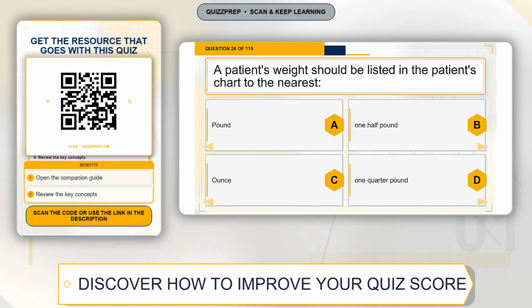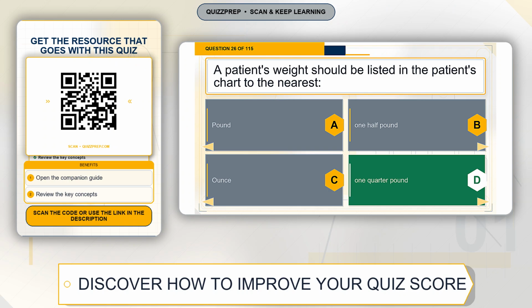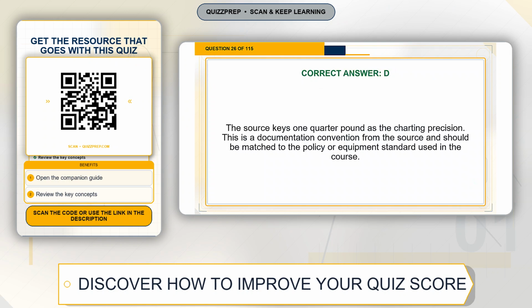Question 26. A patient's weight should be listed in the patient's chart to the nearest. Option A, pound. Option B, 1/2 pound. Option C, ounce. Option D, 1/4 pound. The correct answer is option D, 1/4 pound. Explanation. The source keys 1/4 pound as the charting precision. This is a documentation convention from the source and should be matched to the policy or equipment standard used in